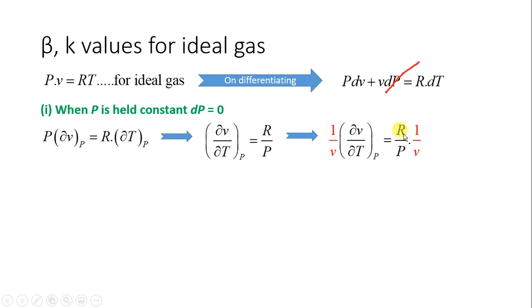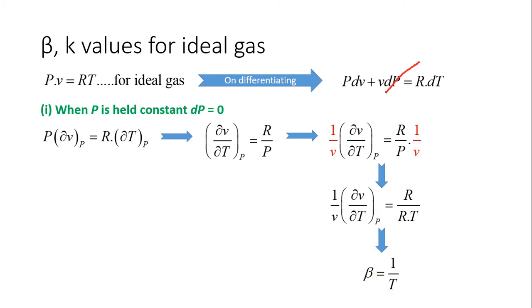Now multiply on both the sides of this equation by 1 by v. So I have multiplied LHS and RHS by 1 by v. Now what equation you will get is 1 by v dou v by dou T at constant pressure is equal to R upon, now this P into specific volume is what? RT. So I have replaced this Pv by RT over here. So now what is this? 1 upon v dou v by dou T at constant P, that is beta, volume expansivity. So this value is what? R and R will get cancelled and it will become 1 by T.